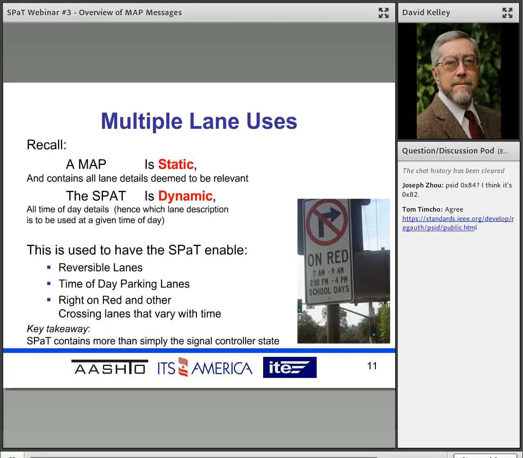Now I'm going to talk about multiple lane use. Harkening back to what I said before, maps are static. Maps are static, SPaTs are dynamic. So if you look at this right on red sign here, and you notice it's placarded for certain days and times, it's the responsibility of the SPaT to tell you when that is active, because the SPaT knows what time